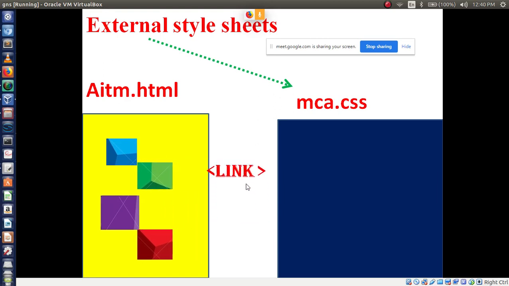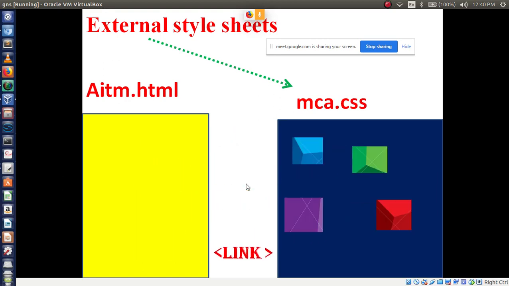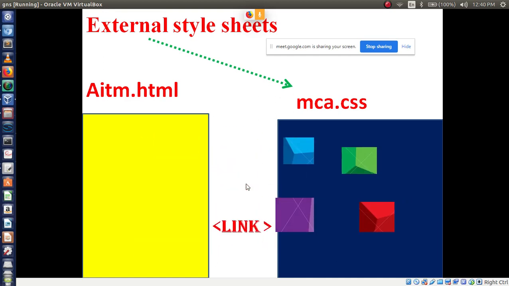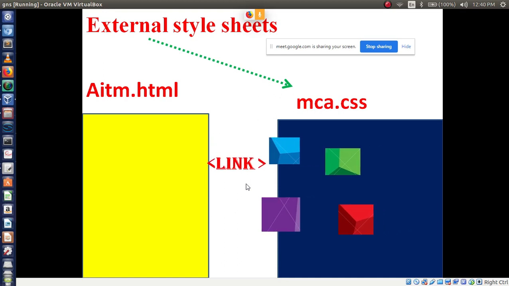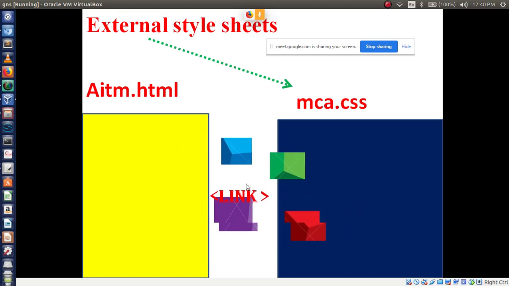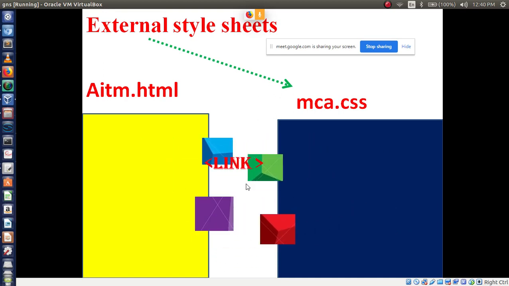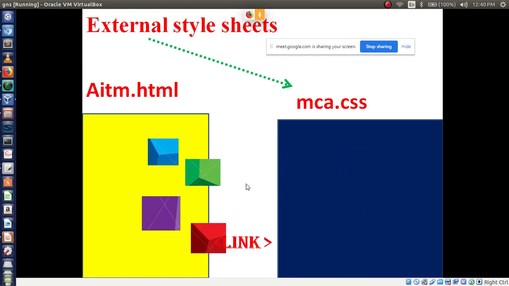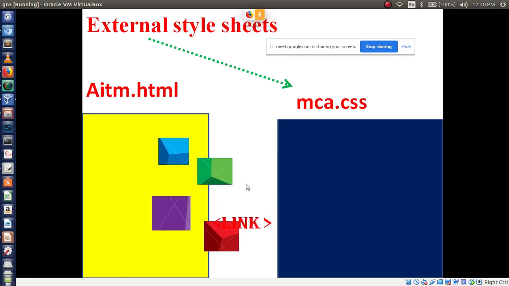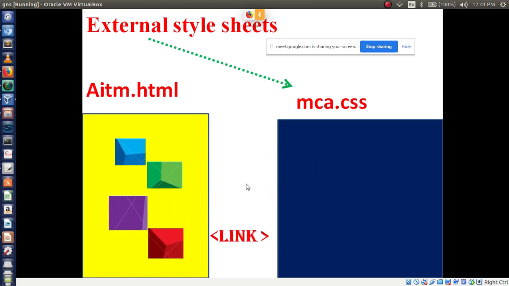So what is the information you must use to use external style sheet? One is two files. First file name is .html, second file name is .css. In CSS you only write the styles like you have written in previous examples, right? Now you have to write that code in a separate file.